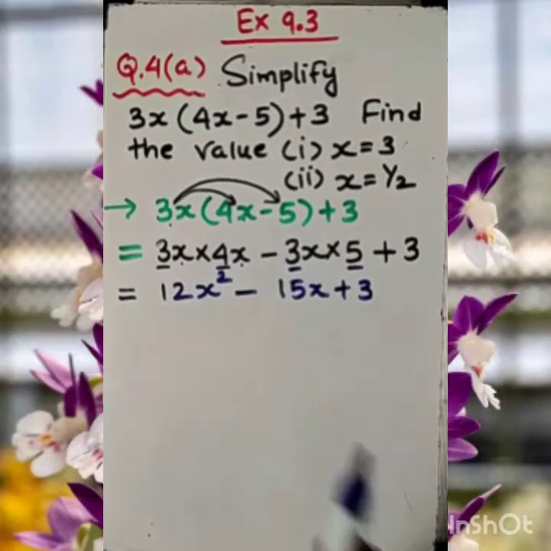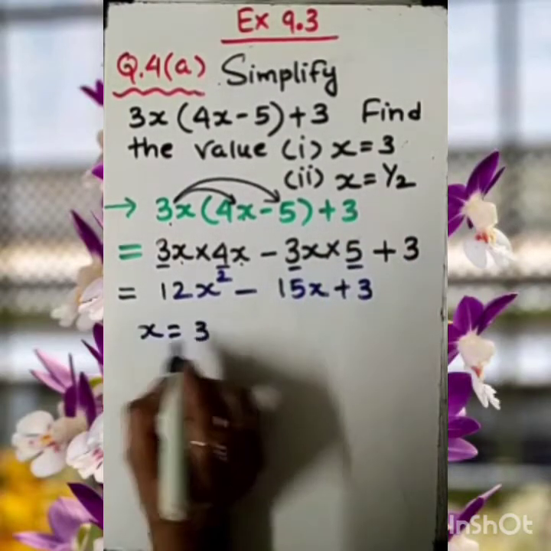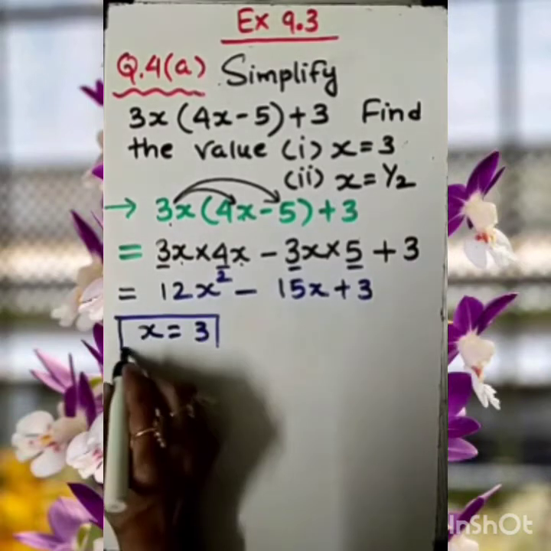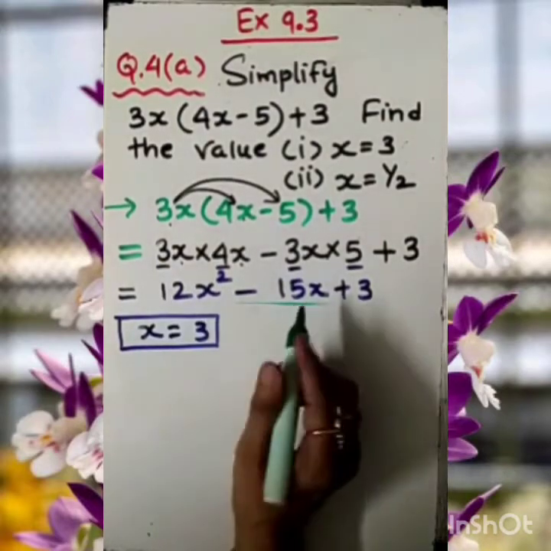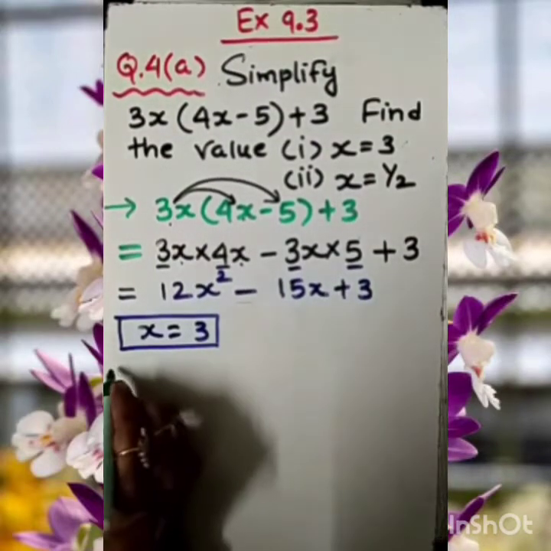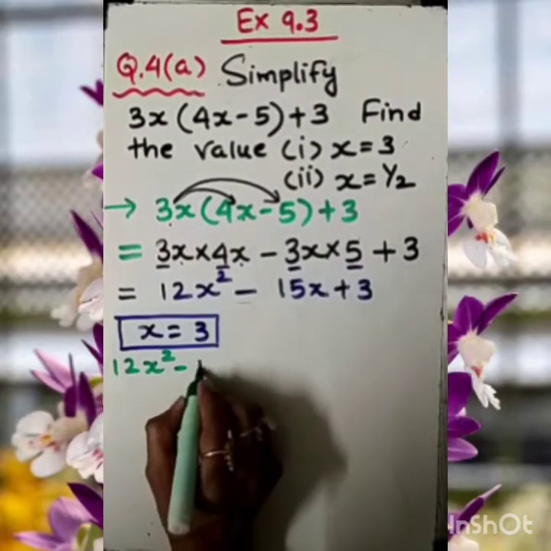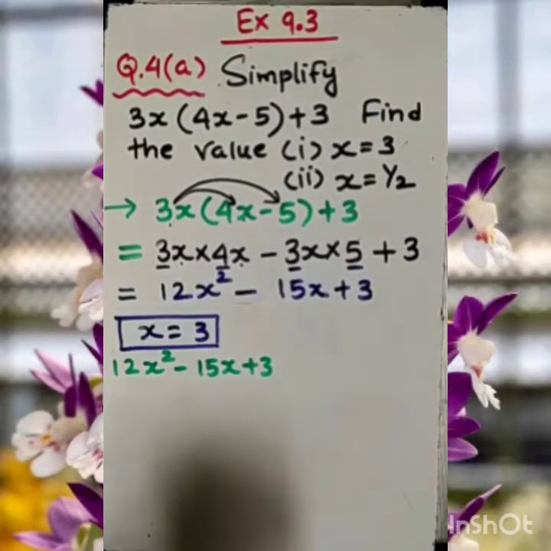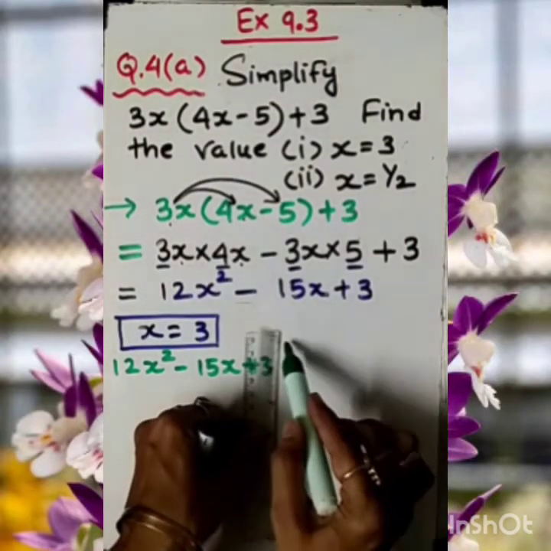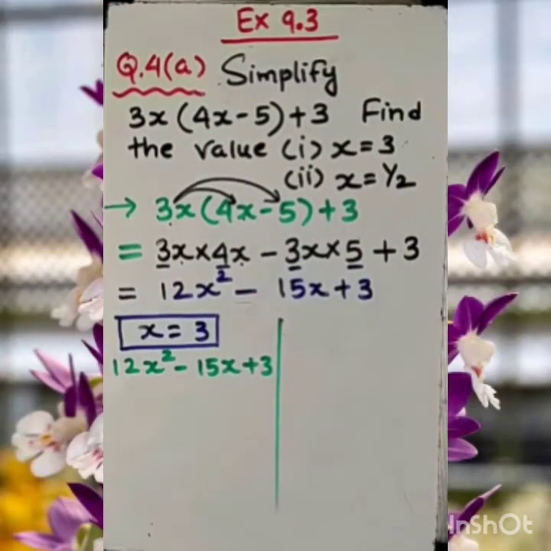Clear? Now, what are we going to do for x equal to 3? First, we are solving this for x equal to 3. In such a case, we need to repeat the expression we have already simplified. So let me note down here 12x square minus 15x plus 3. This is our expression. I am separating here, and we will go with the other side by side. Now I am going to put the value.